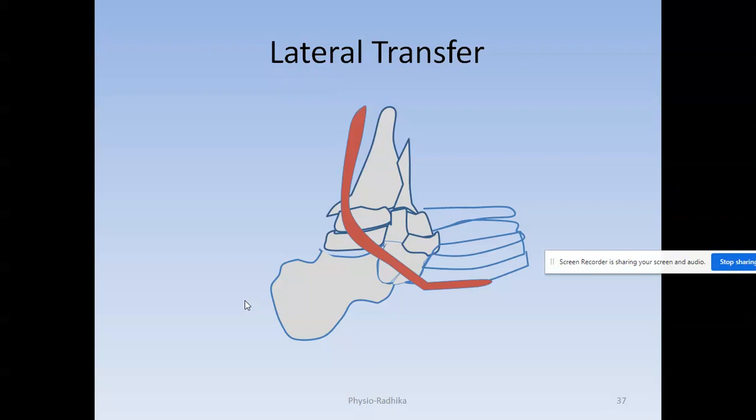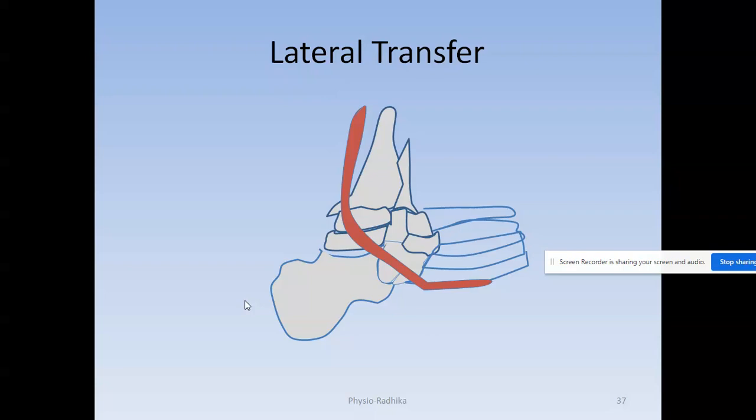When peroneus brevis is injured, the action of peroneus longus is abduction of the foot, whereas peroneus brevis is eversion. For walking normally to get compromised, eversion is not allowed. Abduction can get compromised, can get reduced, but eversion is a mandatory factor. Hence, peroneus brevis is the only muscle which purely does eversion of the foot, not abduction, whereas peroneus longus does eversion and abduction. The insertion of peroneus longus is shifted to the navicular bone so that the entire foot goes into eversion on contraction of the peroneus longus.